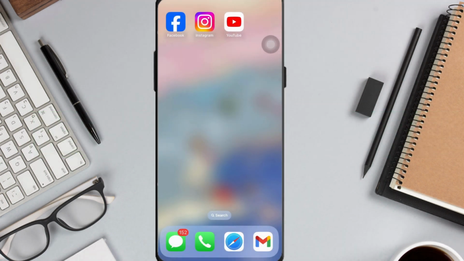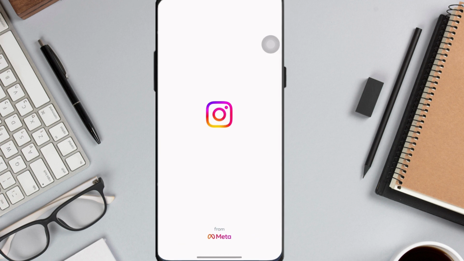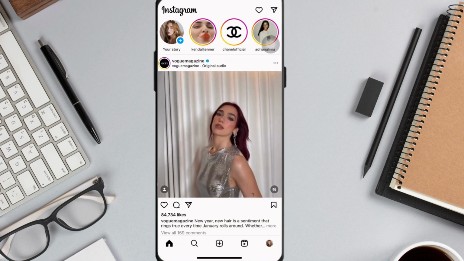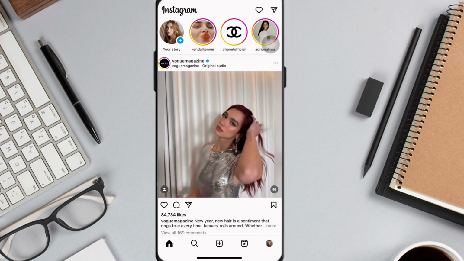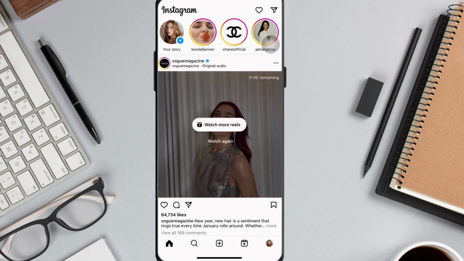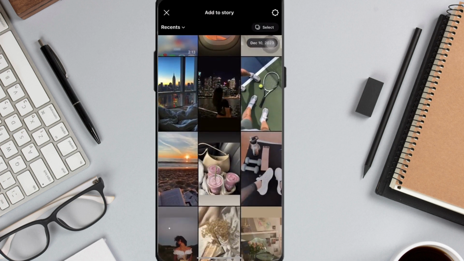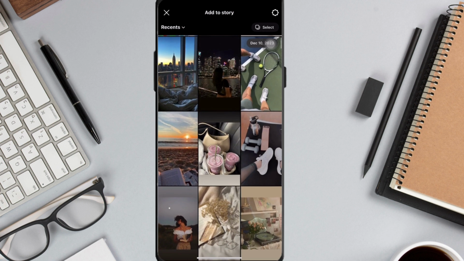Let's get started. Firstly, open up your Instagram app, and there are two ways to do this. So the first one is to click the blue plus sign icon at the top left of your screen under your profile picture. This will lead you to your camera roll and choose a photo which you want to post